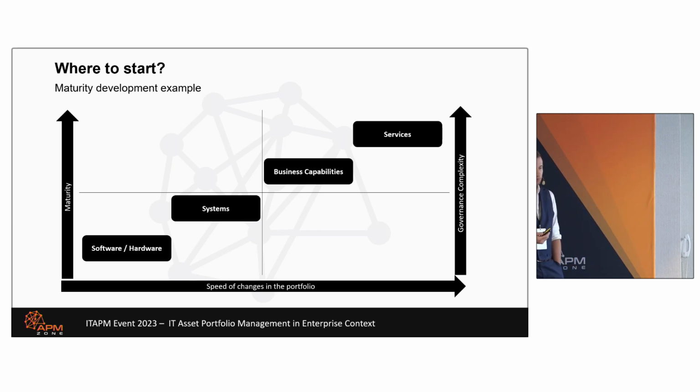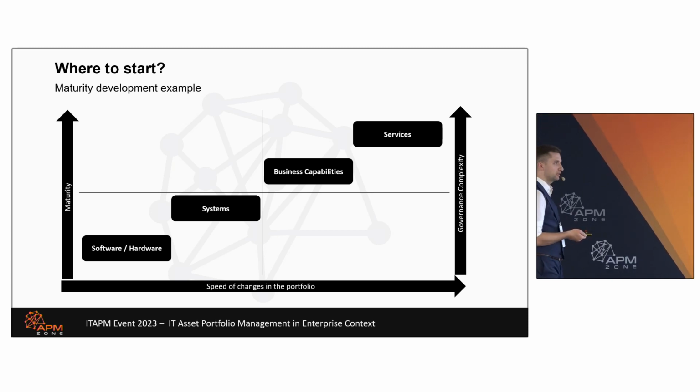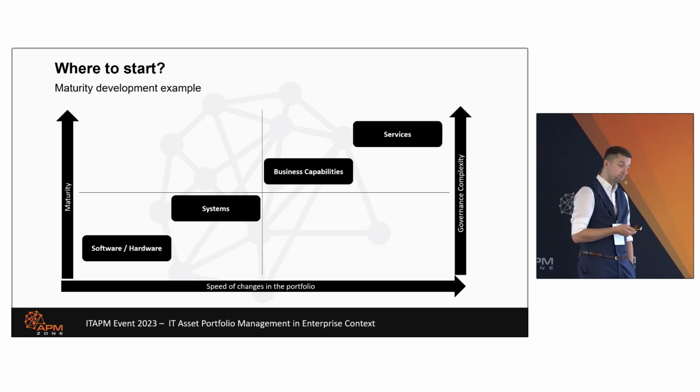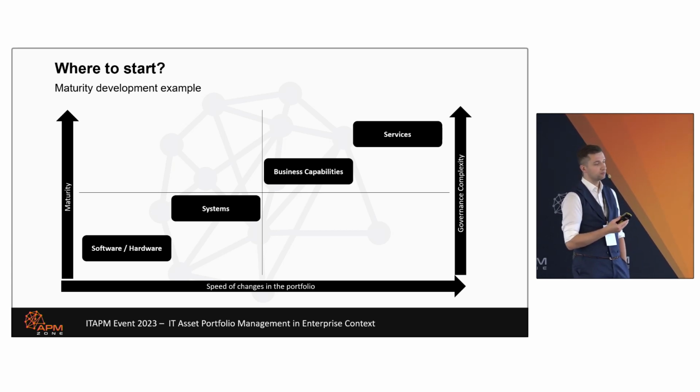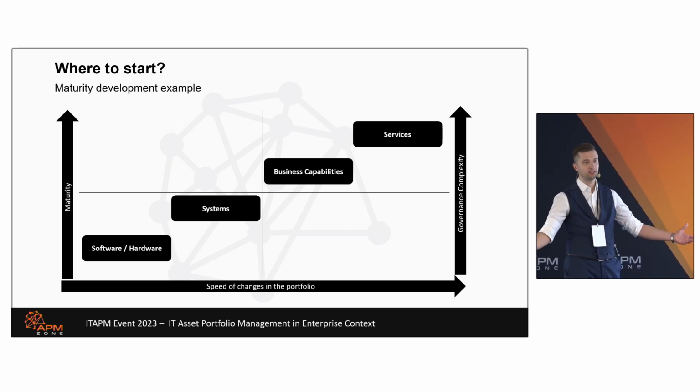Then adding the capabilities, and just taking it from the IT organization perspective, the last one would be services in my world, but it doesn't have to be like that. But why the capabilities first? Because that's where the requirements come in. If you want to make an optimal IT organization, the most reasonable thing is the first question to ask: dear client, what do you need? Before going out to them with the whole offer of services and saying, that's what we'll be providing to you. Because maybe they don't need it at all.